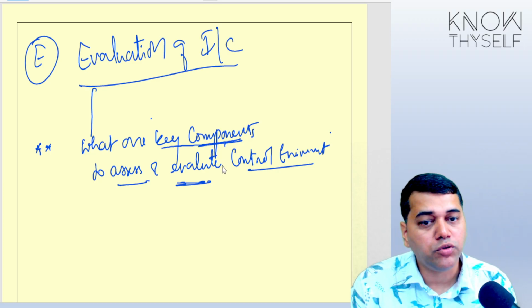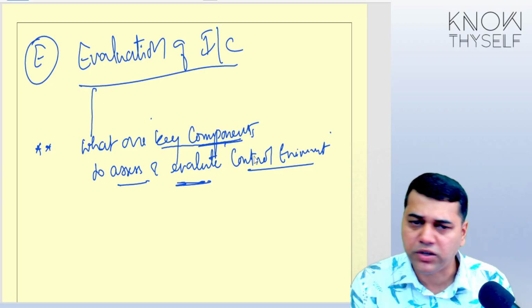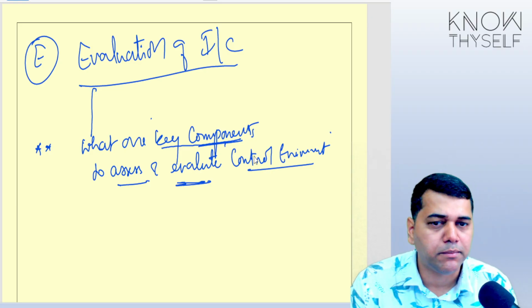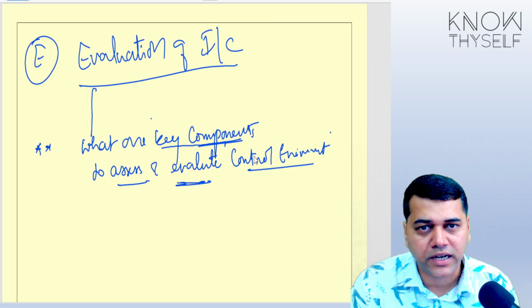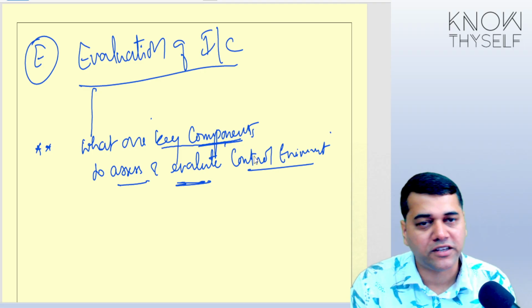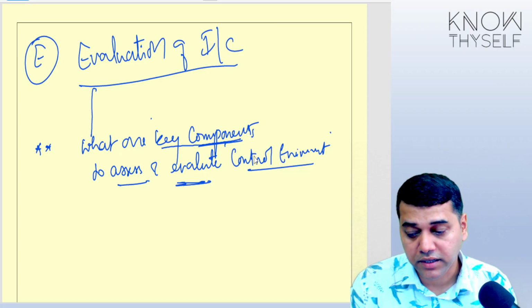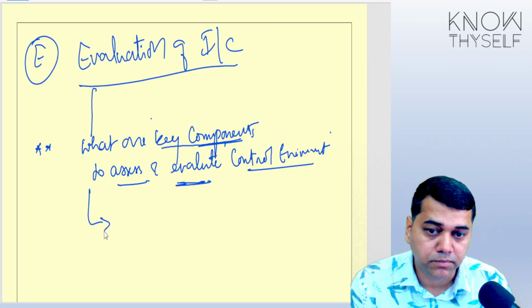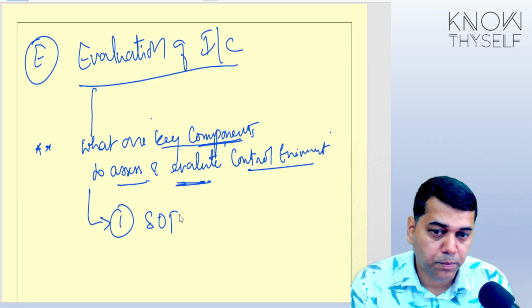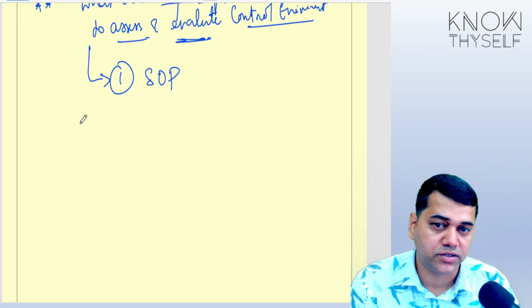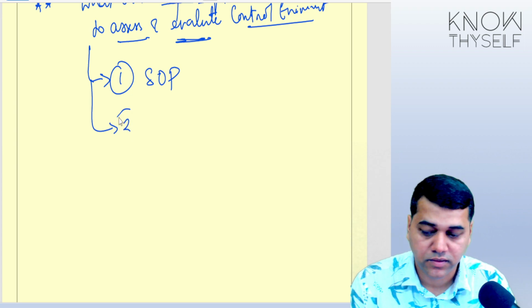What are the key components to evaluate? You may write about those points, and maybe that also may get awarded marks. I am not telling that you may not get the marks, like if you say participation by the TCWG and all, if you talk about the components of internal control. But here they may talk about this, particularly one, SOP, standard operating procedures. This is the key component.